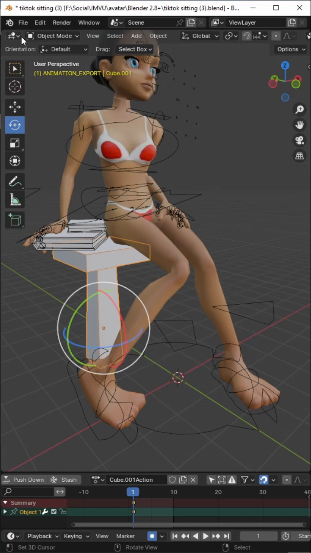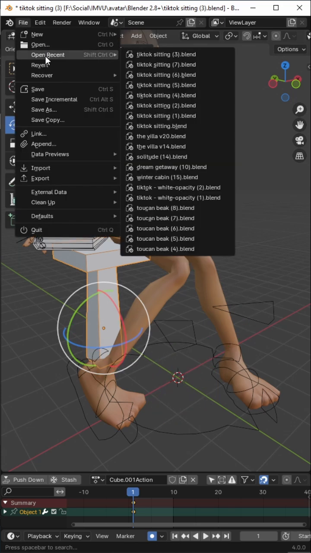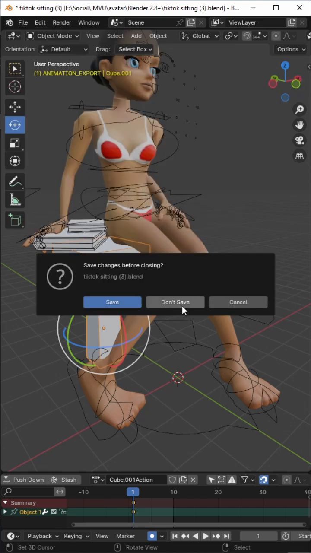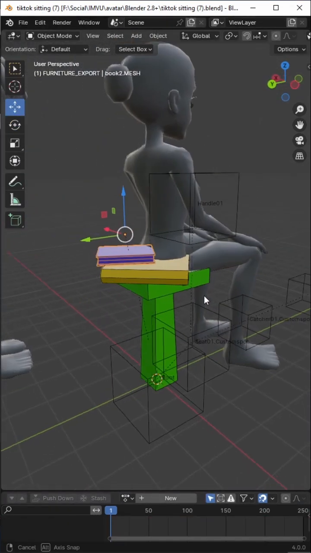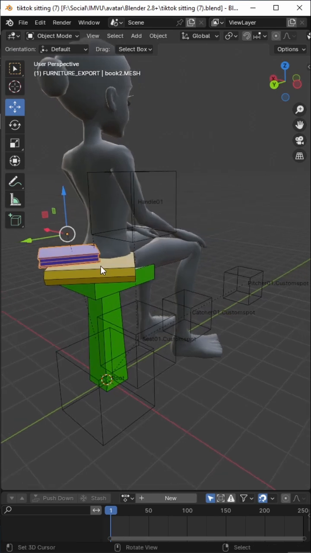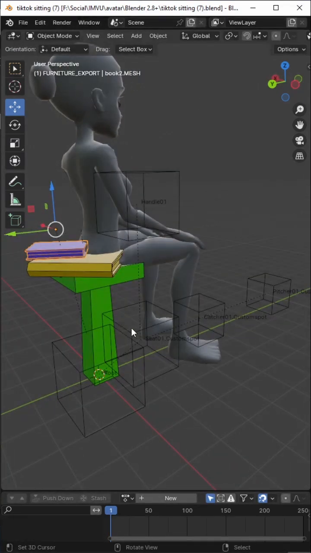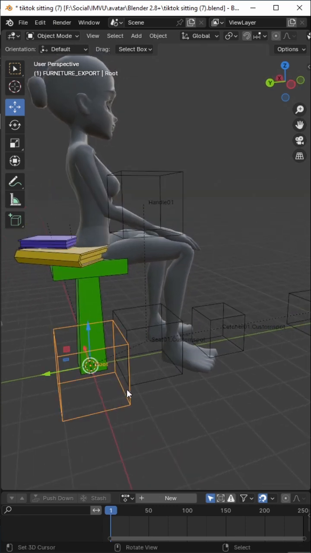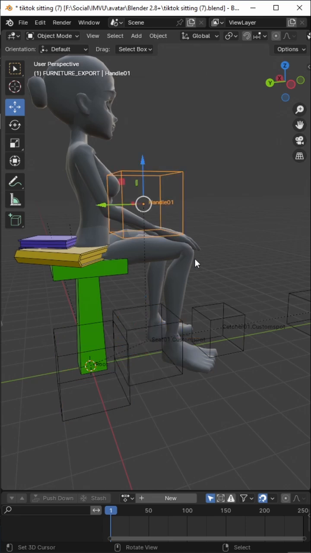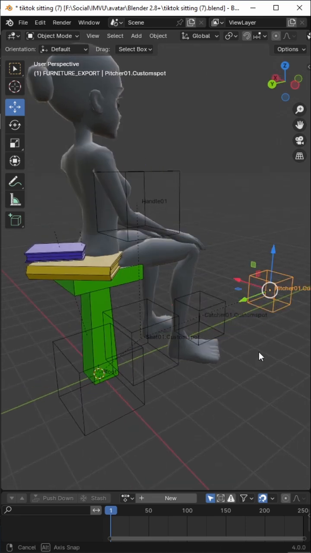So once we've got that set up, we've then, number 7, don't save, we've appended, so we've imported that information, set up the meshes correctly relative to it being a furniture item, root node, dropped in our custom seat nodes,